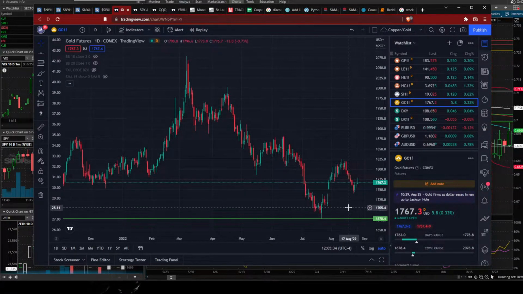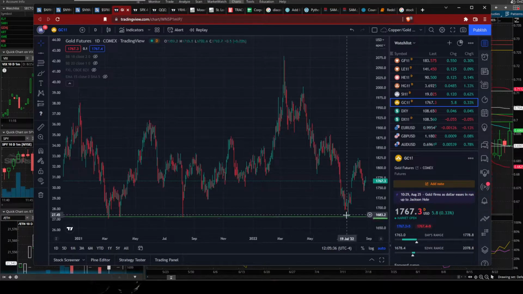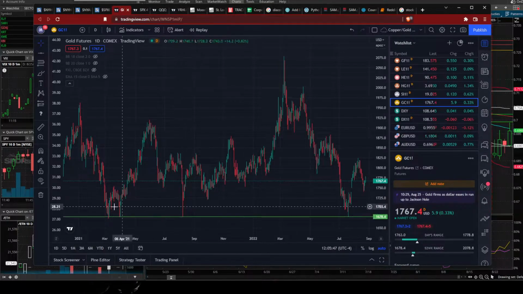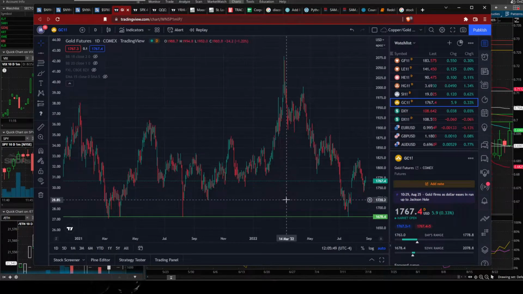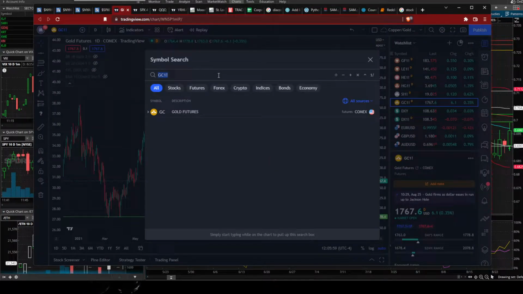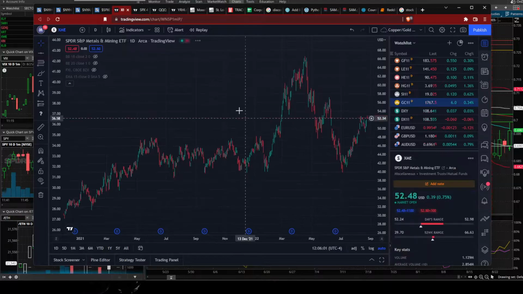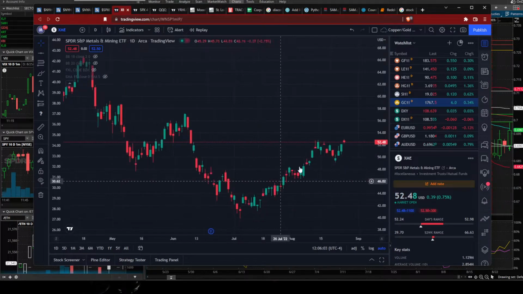We've been talking about this level for a while now, since June. This is a level where we've seen a lot of institutional demand for gold at 1680. We saw it 1, 2, 3, 4 times in the last year. I'm saying I think it may be a 5th time, especially if the dollar spikes. So the Australian dollar is usually a good sign for the metals as well.